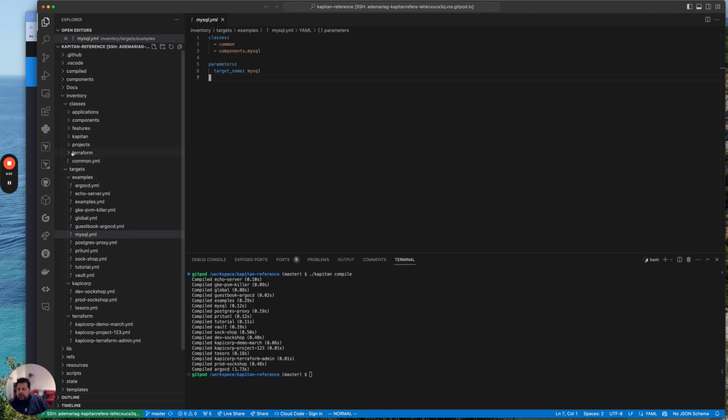So if you recall, we have a subdirectory called classes here under inventory, and you can already start to notice that there is a file called common.yaml, which is straight under the classes subdirectory. So in this case, we can assume, or we can actually start to reveal the fact that the classes that we see listed here map to files in the classes subdirectory under the inventory Kapitan directory. So we can see that common.yaml